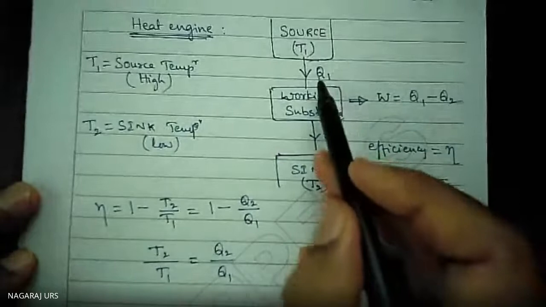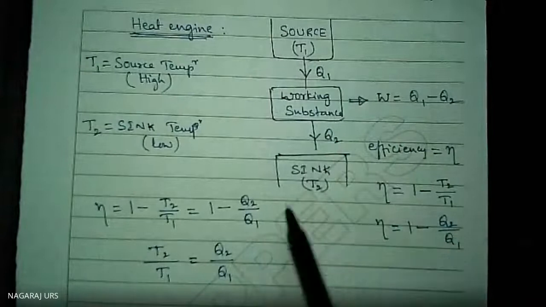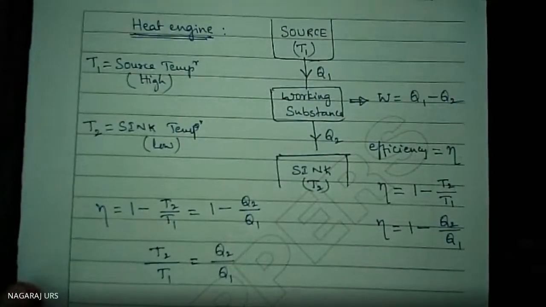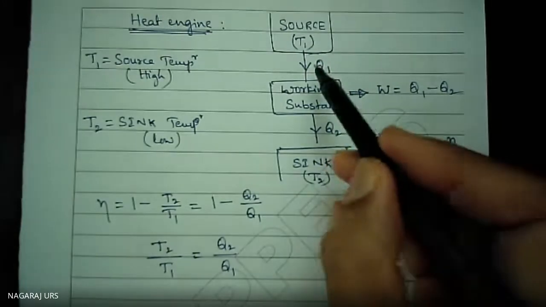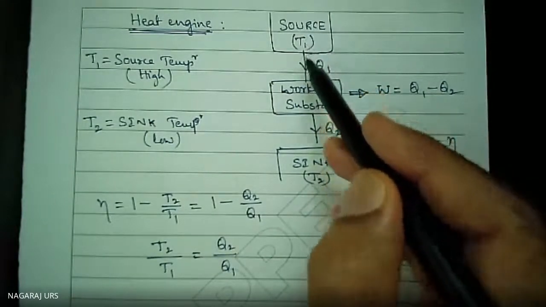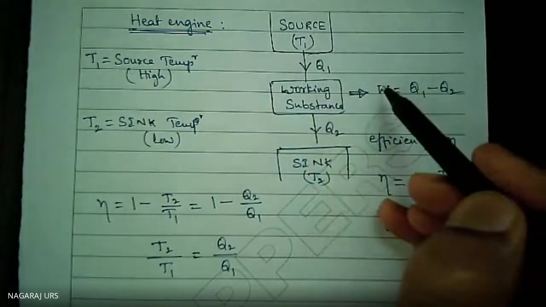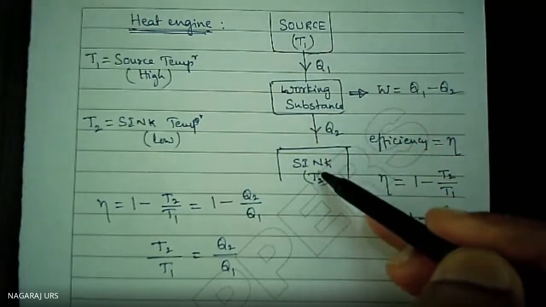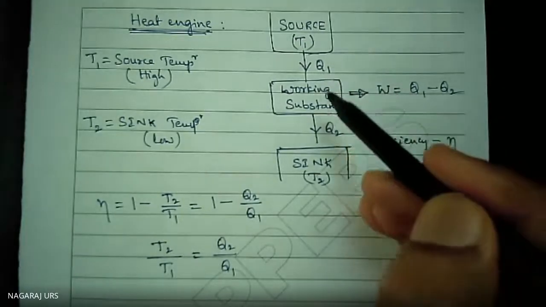But you must be aware of what Q1 is and what Q2 is. That's why I explained all this concept again. You are supposed to write this down. Based on these concepts, we are supposed to solve the problem. Q1 is the heat energy supplied from the source to the working substance. The working substance absorbs the heat from the source, that is Q1. It does some amount of work. Then it rejects some amount of heat energy to the sink, that is Q2. Therefore, the amount of work done is equal to Q1 minus Q2.